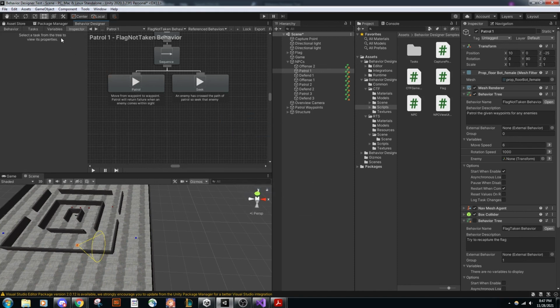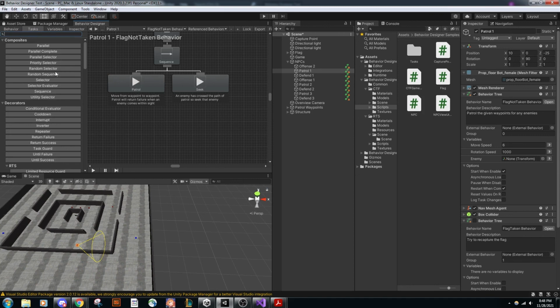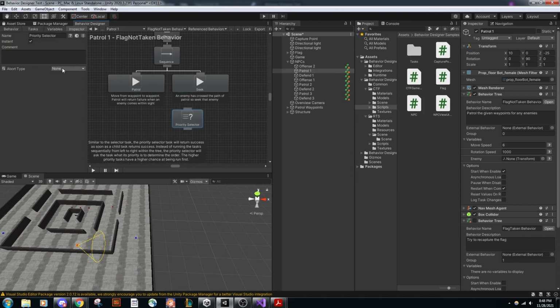There's, of course, the priority selector, or that's the random selector, sorry. We can go to the priority selector, which, if we go to the inspector again, has an abort type, but the priority selector task will return success as soon as the child task returns success instead of the running